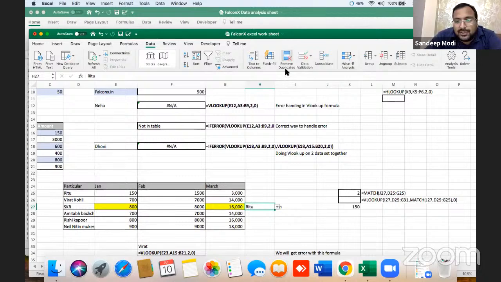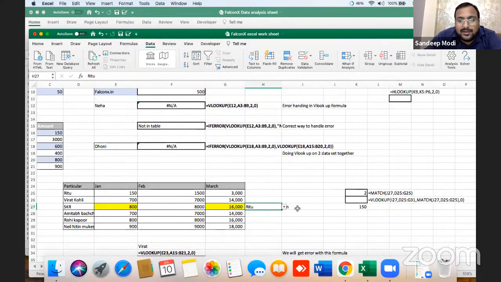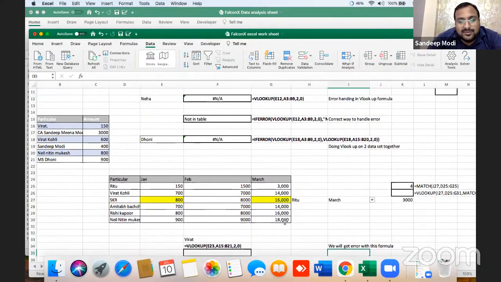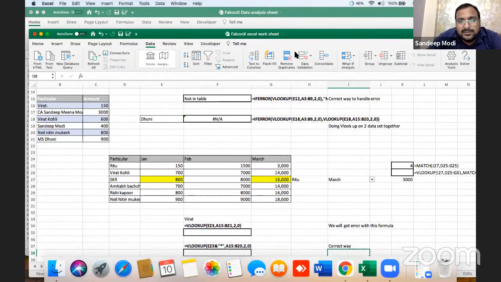But here one shortcoming of this formula is that sometimes Excel itself gives you an error. For example, here, I don't know why Feb will give me an error. Sometimes Excel gives an error. So it's not that the formula is wrong or anything is wrong. It's just that sometimes the system itself gives an error. So I don't know why. Any queries relating to this? VLOOKUP with MATCH function. I guess no queries.